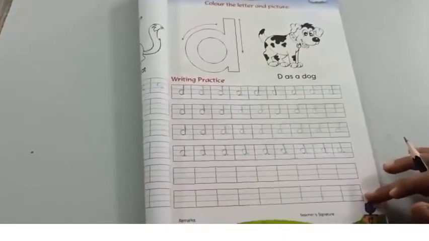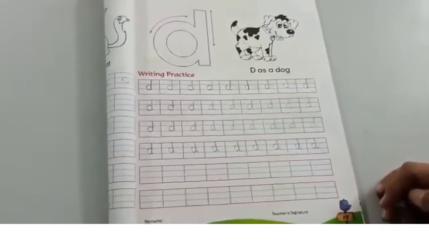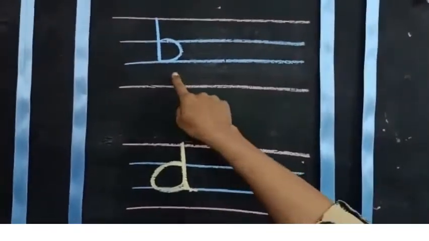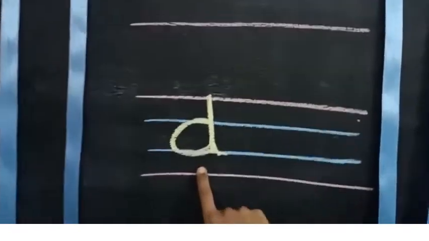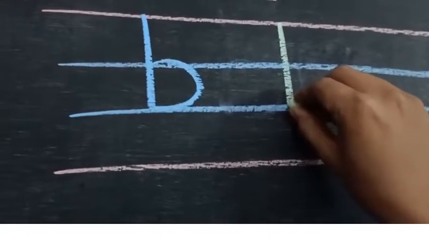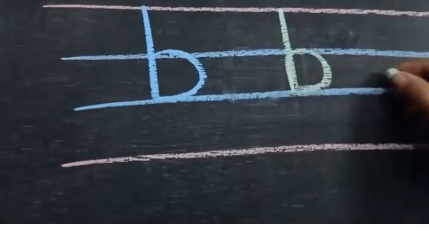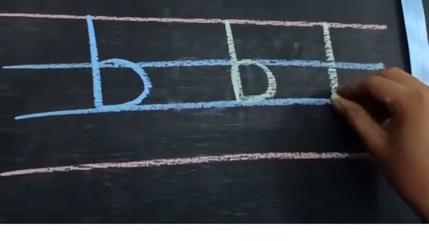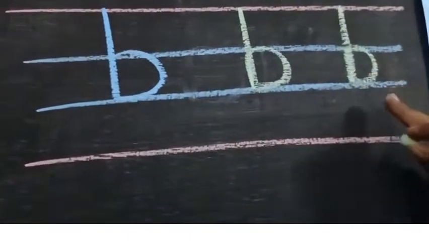Now I will show you the difference between small letter B and small letter D. Children, can you tell me what is this? It's small letter B, and here this is small letter D. So how do we write small letter B? We start from the red line, we draw a standing line and we don't lift our pencil. We go up and we form a right curve. This is how we write small letter B. Standing line, go up, right curve in these 2 blue lines, small b.